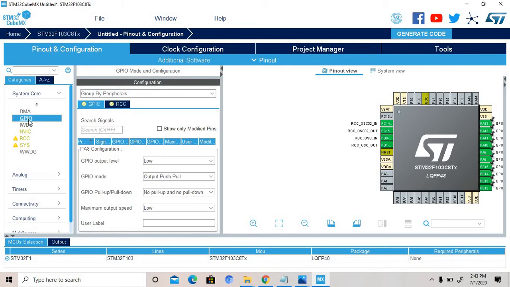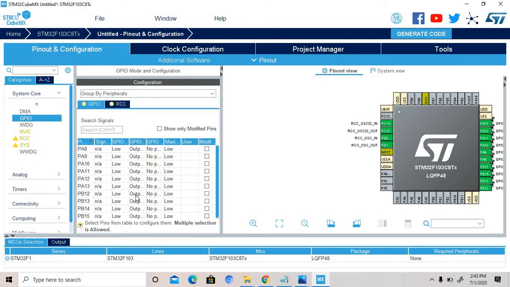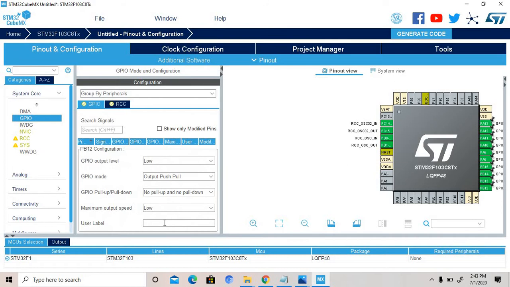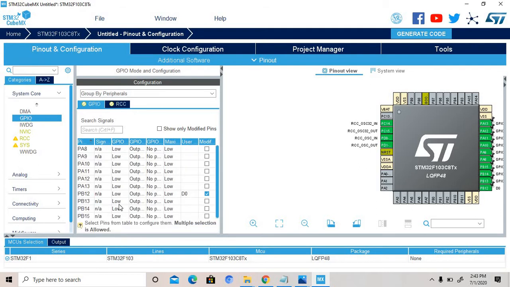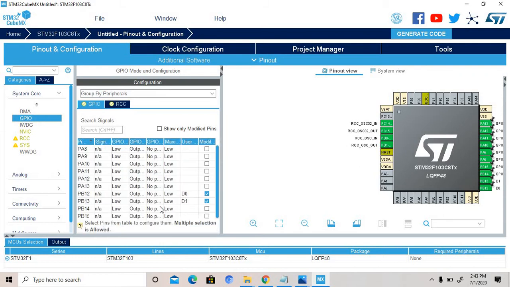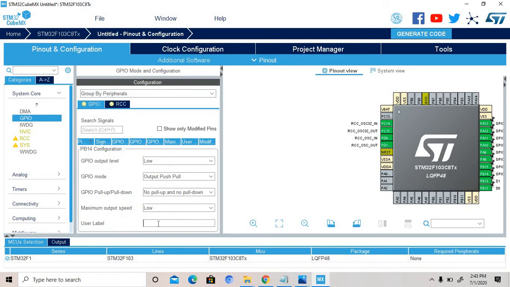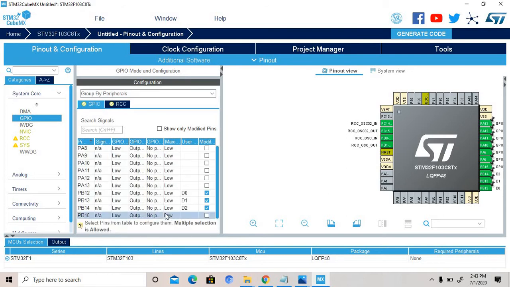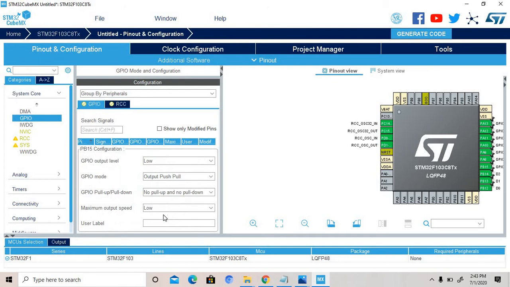First work on B12. B12 is D0. Okay. Then B13 is D1, then D2, then D3, sorry, it's D3.